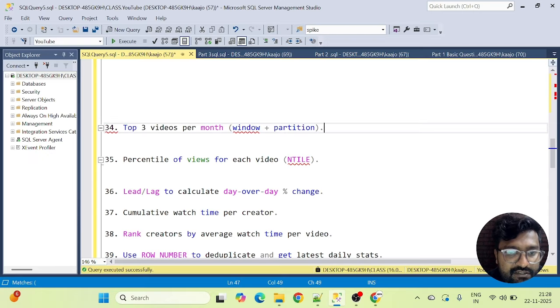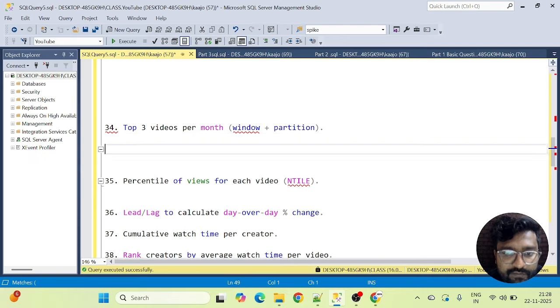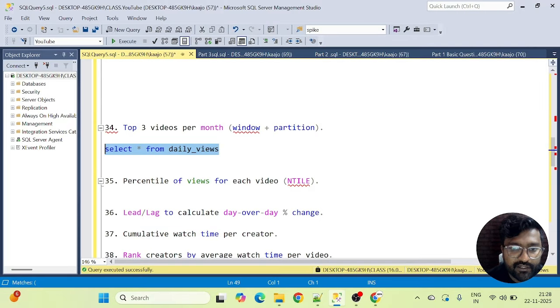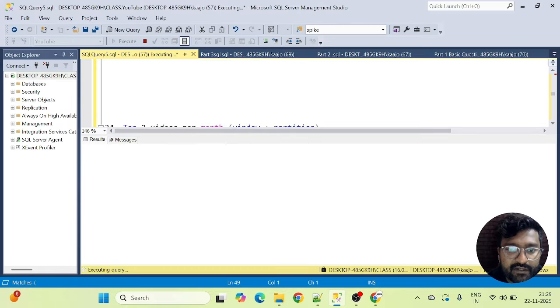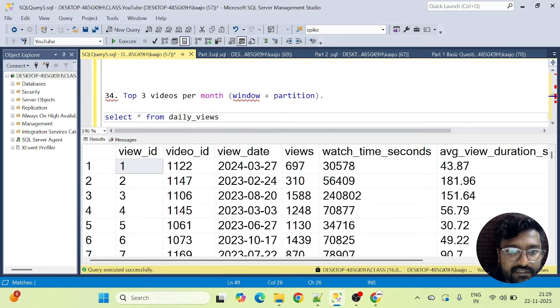Now the next question is top 3 videos per month. Okay, window plus partition. This is fairly simple. Start from daily views. Because they're asking per month, let's go with ROW_NUMBER over partition by, and they're asking per month, right?